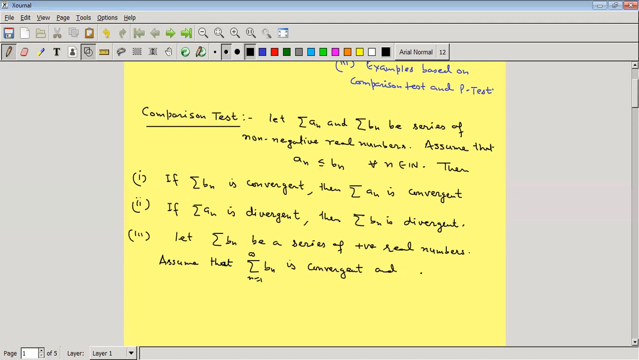and there exists a positive integer M in N such that mod of an is less than or equal to M times bn for all n in N. Then summation an is absolutely convergent,